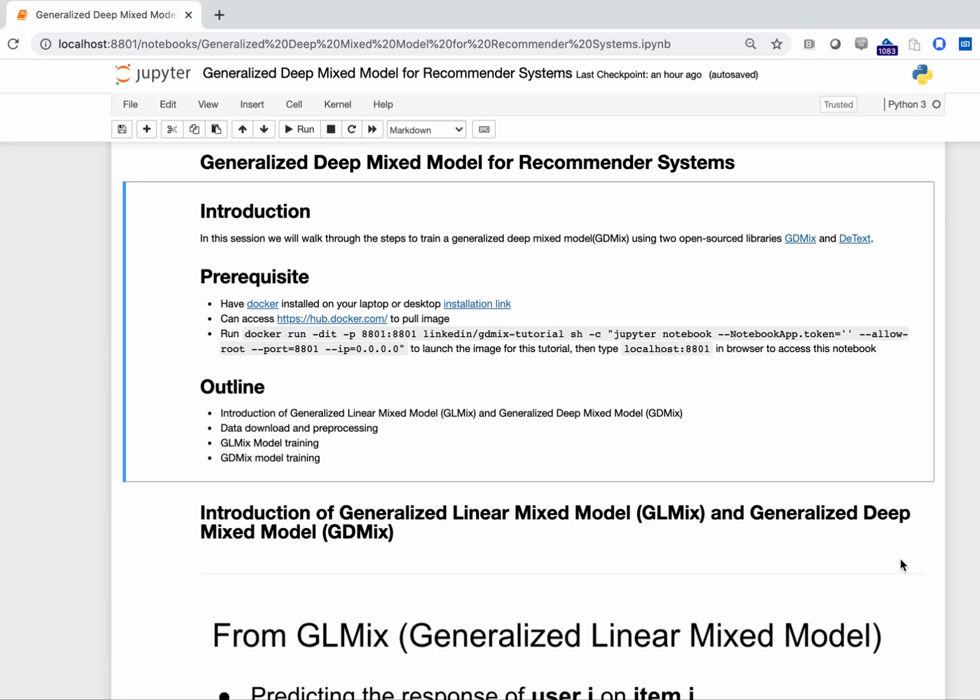Everyone, welcome to the Learn to Rank hands-on session. In this session, we will walk through the steps to train a Generalized Deep Mixer model using two open source